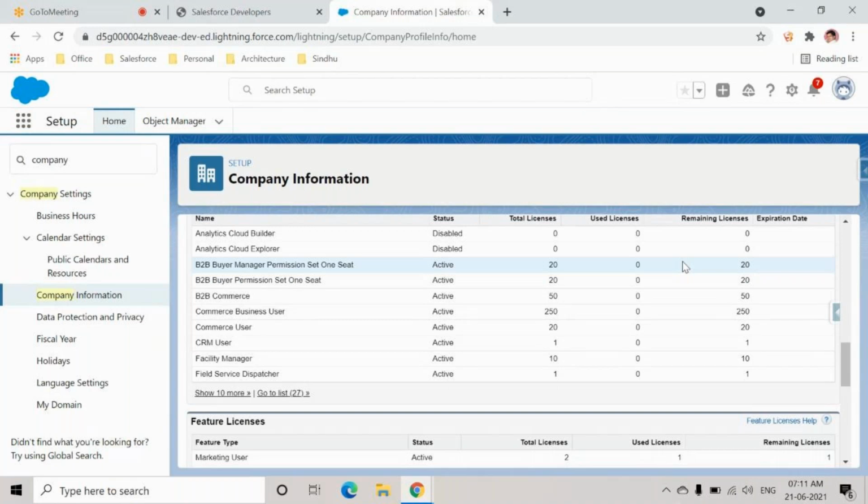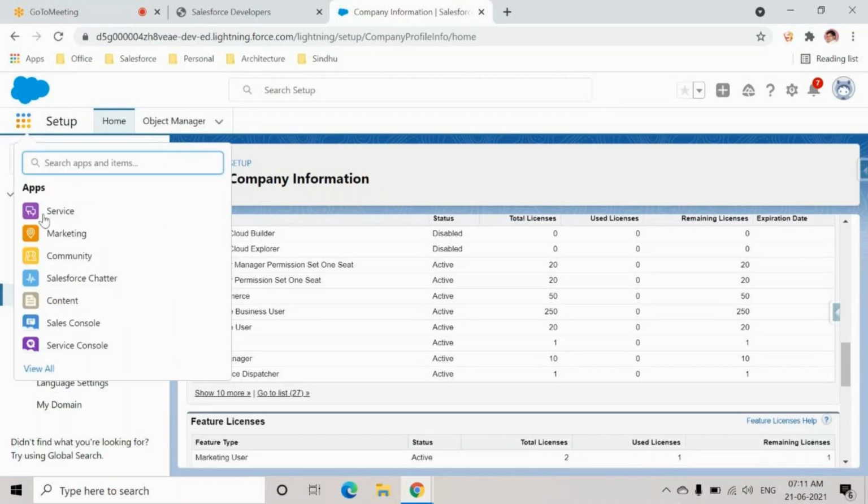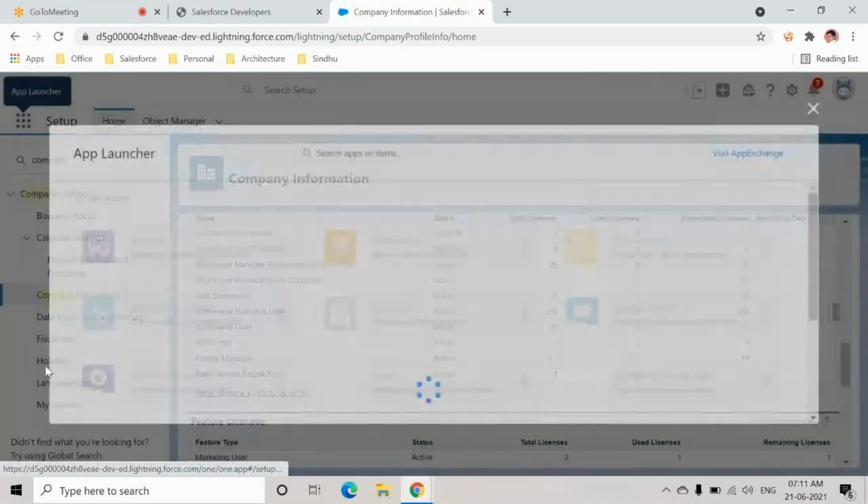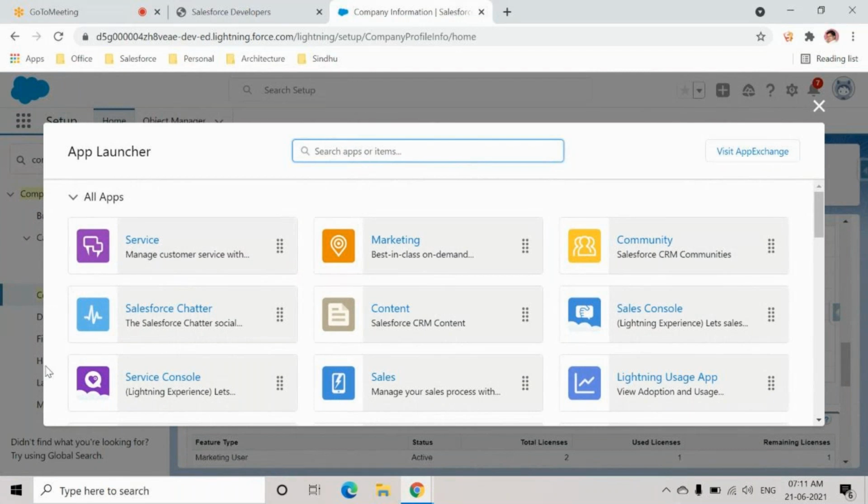For example, now I'm a system admin. I want to access an application. What should I do? I'll go to these 9 dots at the top. It's called App Launcher, which will help you launch all your applications that are accessible to you. Your system can have any number of applications. An admin can define any number of applications based on the licenses that you are taking. But you can see only the list of apps that are accessible. And we'll go with the standard sales application.